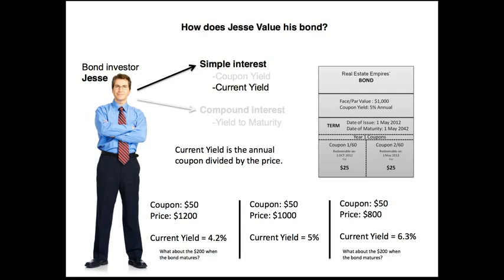The current yield is taking that coupon, which in the first scenario here is going to be $50, and we're going to divide it by the price, and we're just going to say that the price that he's going to pay for it is $1,200. So when you do that, you get a current yield of 4.2%, just 50 divided by 1,200. So as we move over to the